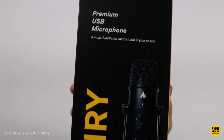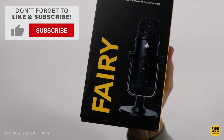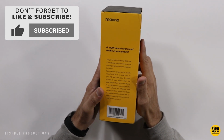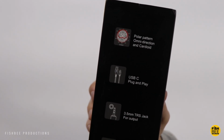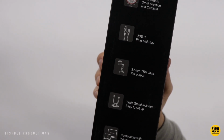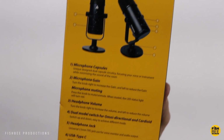In today's video, we're going to look at a USB microphone by Maono. This is model AU-903. It's a little bit larger than their AU-902. This one has switchable polar patterns. It's got cardioid and omnidirectional, zero latency monitoring, and it's plug and play for recording, YouTube channels, podcasts, gaming, and